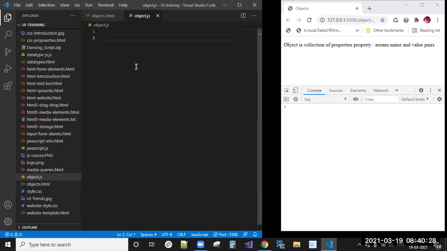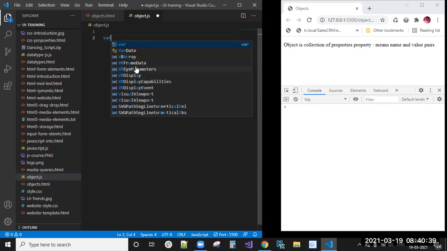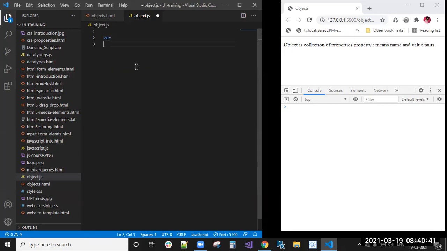Before going into the object, I want to tell you about two more variable types we have. For variable declaration, we generally use var, right? Apart from var, we have two more, let and const. Yesterday I needed to tell you about let and const because we saw the scope concept, right?